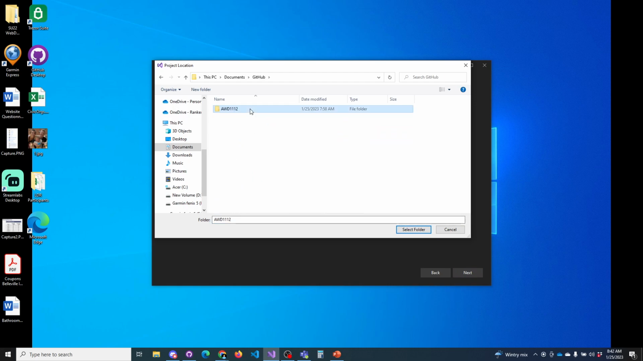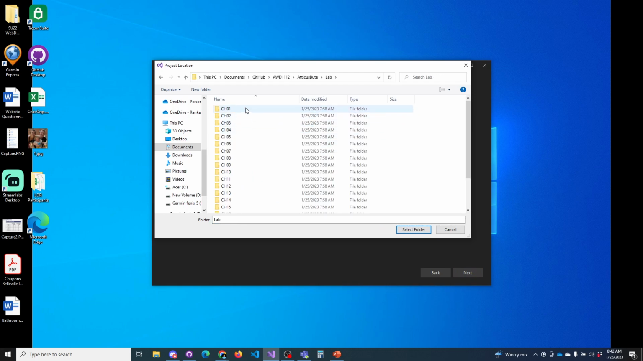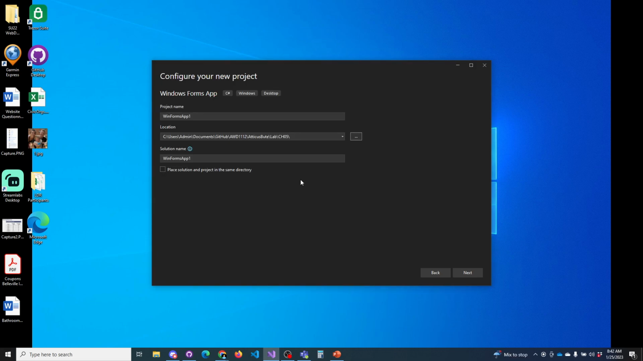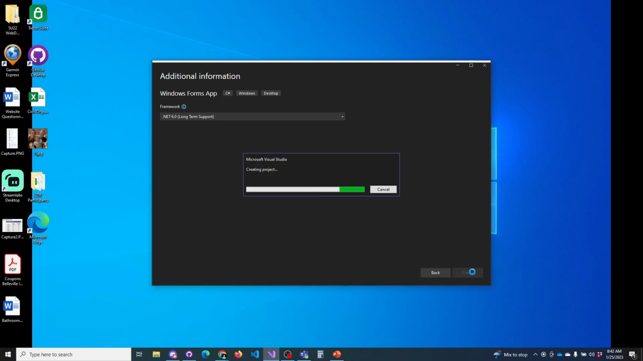Let me go into GitHub. I already brought in Atticus's lab just as my demo. This is chapter 5. We'll call this class demo 1. And we'll spin up something to write some code in. While this is spinning up,